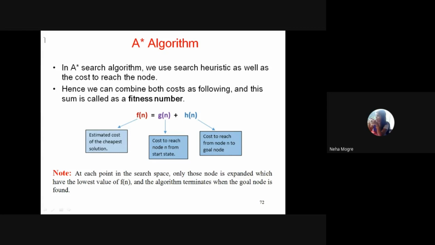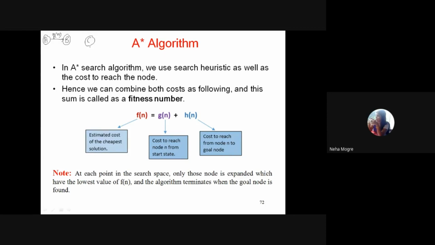Like for example, I'll again give you: A is a node, B is a node, and C is a node. If A is your start state and C is your goal state, then moving from A to B is your g of n value, because A is your start state.